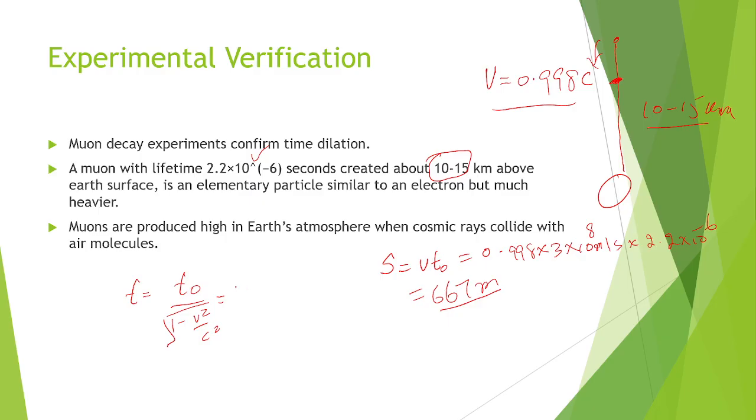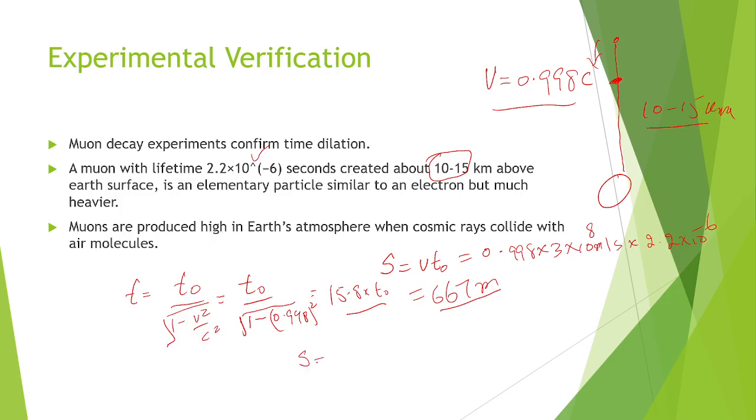So let's calculate it. It is t naught over the square root of 1 minus 0.998 squared, c will cancel. And it gives us the time to be 15.8 times t naught. So this is the dilated time. So when we plug in this time instead of that one,